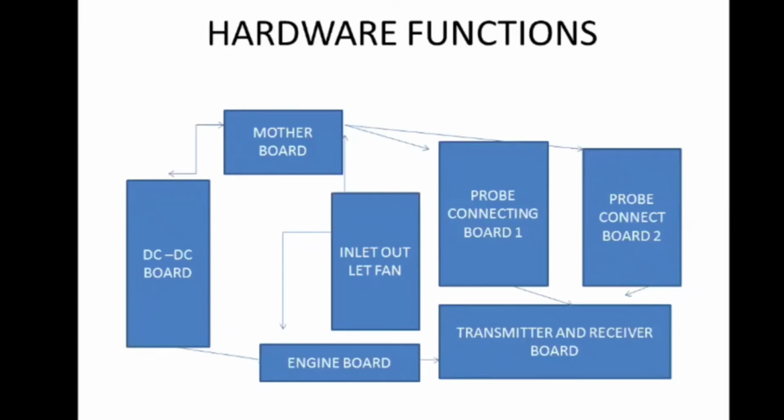So you should know how these things work. And apart from these, the other boards available are the input output board, and the analog and arithmetic and logic unit board. So what is the input output board? The input output board is basically for switching on the system, right? Whenever you switch on the system, the input output board helps you to switch the system on and off. And the analog and arithmetic and logic unit board helps you to do a logic process.